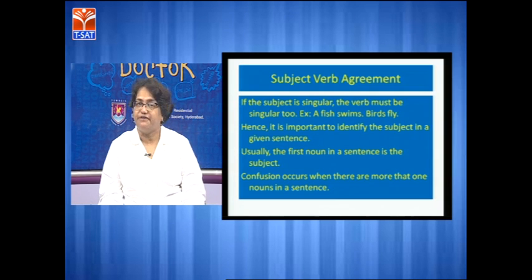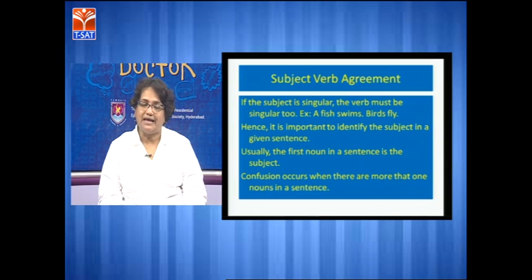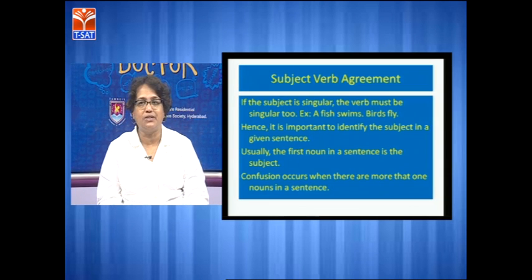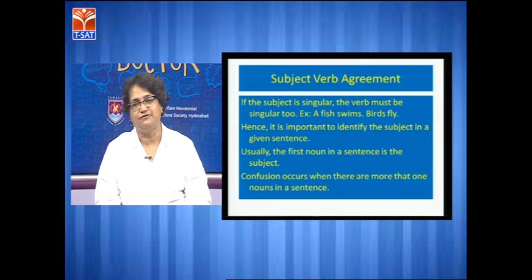Now the V5 particularly is the singular verb, and the amusing aspect is that in the V5 the verb always ends with S. That is why we say a fish swims. We don't say a fish swim, right? But in the subject, that is the noun, what happens? The noun takes on S only in its plural form. And that is the main reason for all this confusion about subjects and verbs, all right?